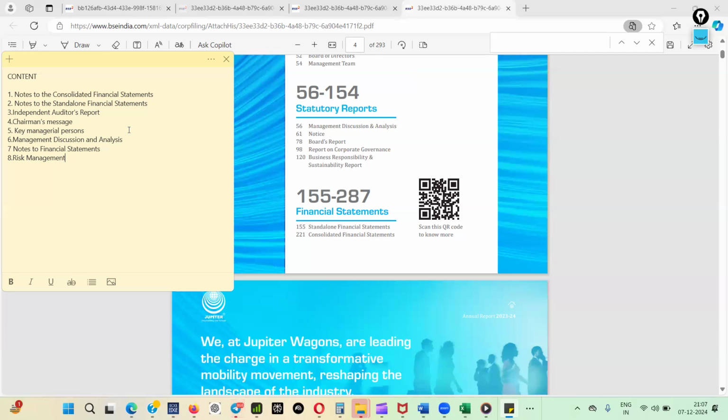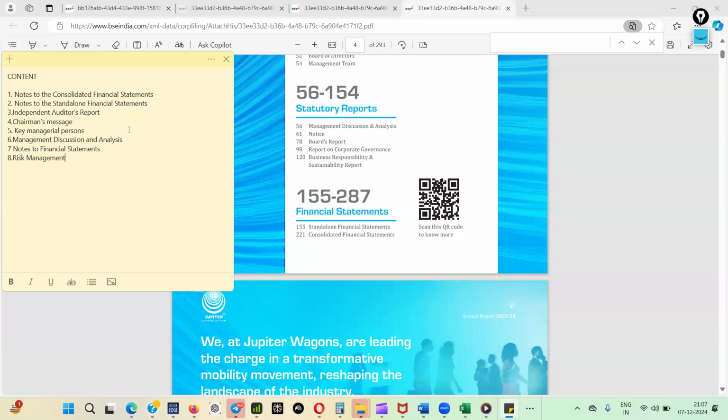So if any contingent liabilities are there, because you're looking at a 100 share profit, suddenly one penalty comes of 200 share, the company will go to 100 share negative. So all this section is to be covered. Go through, search with contingent liability. These are the keywords. It's not about Jupiter Vagan or anything.